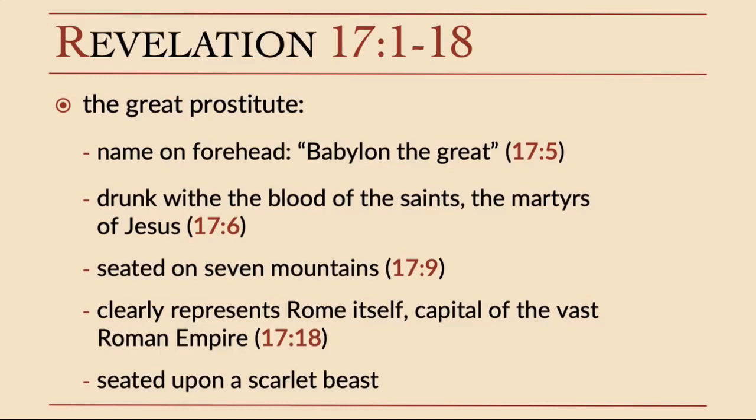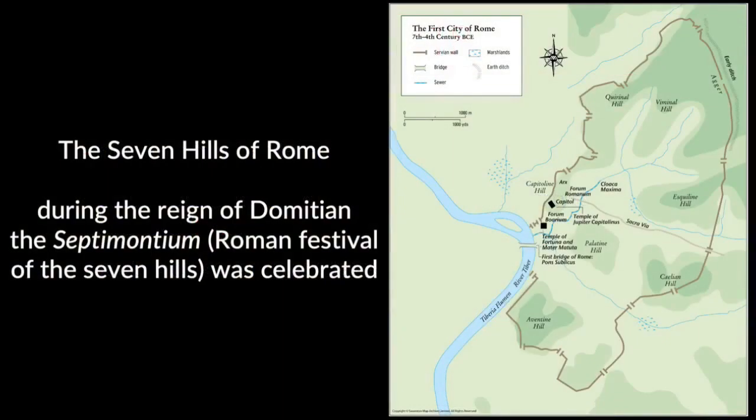All right, so when we talk about this, of course, in the context, it would be clear that it's talking about the city of Rome, but we get these tidbits here that help us to understand that. She's seated on 7 mountains. She's seated on many waters, okay? Let me pull up just a map. Maybe not all of us have heard about this, but the city of Rome was established and founded on 7 hills. This was well known in the ancient world.